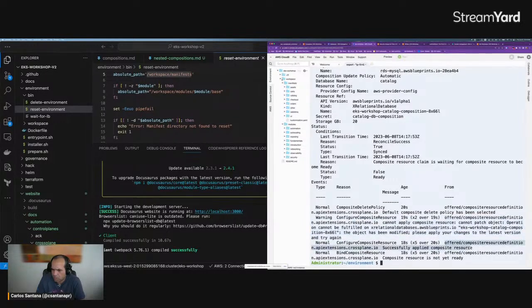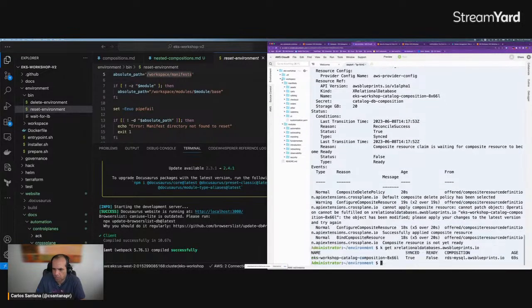And then it says, successful apply the composite. So you're creating a composite at the end of the day. So the claim creates the composite, which is global. So if you do get X relation, now it works. This one is global. So the composition here